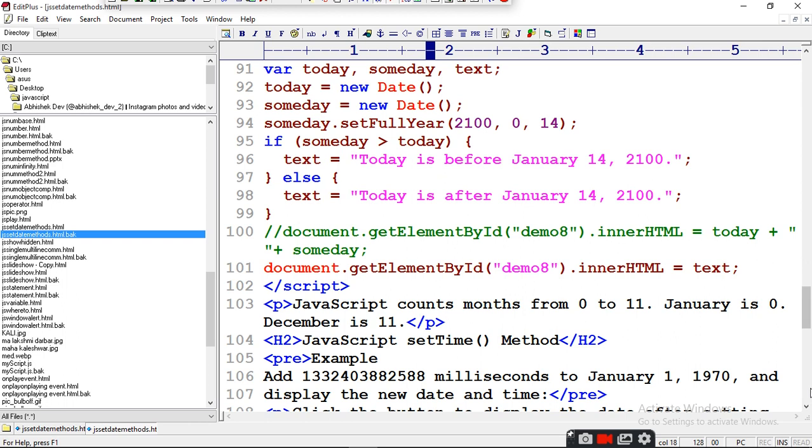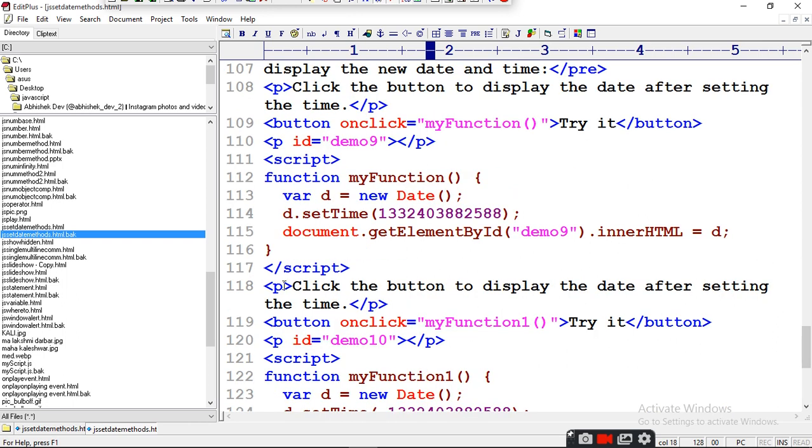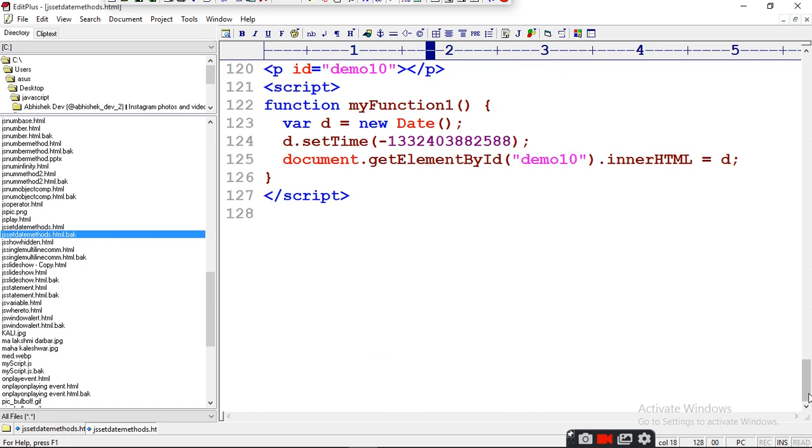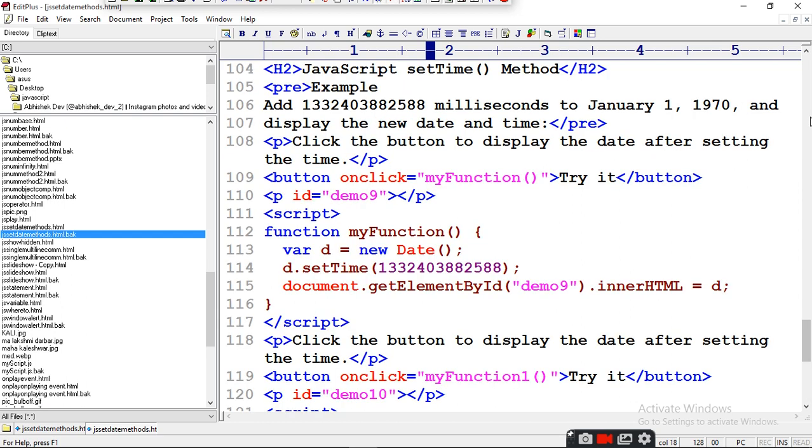How can we write it? Here you set time this, and then D, and then set time minus this, and it will reduce the date. Just get the current date and reduce the milliseconds, and you will get the time of that period.